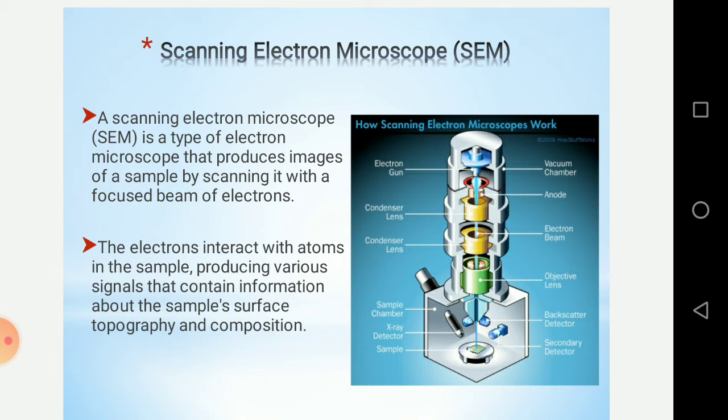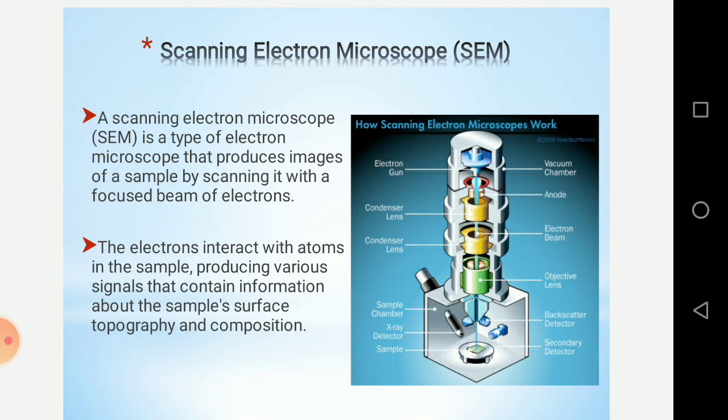As we studied the first one, the transmission electron microscope, the scanning electron microscope works on the same principle. Meaning in this method, the source of illumination is also an electron. But the only difference is that the electrons do not transmit, meaning are not transferred around the tissue, but only scan the surface of the tissue. I will explain more about this. We will just go through this.